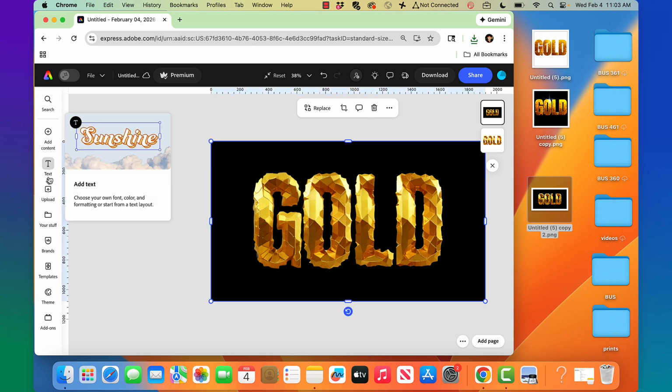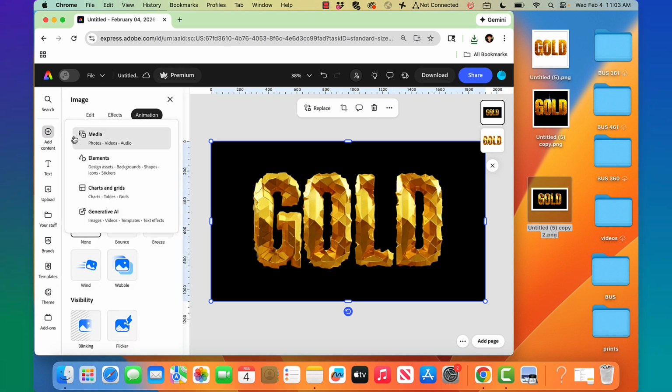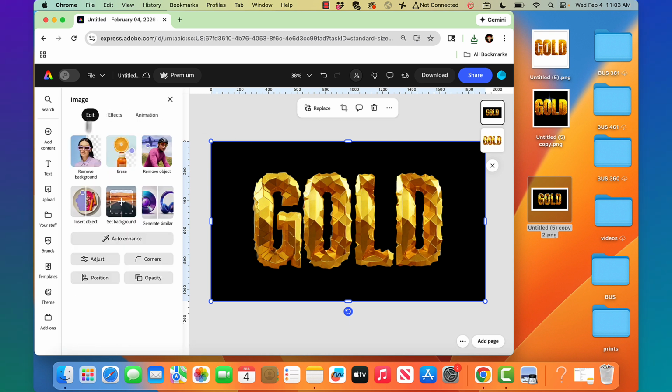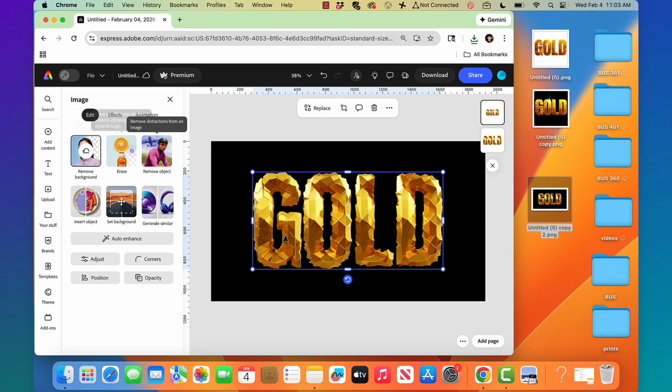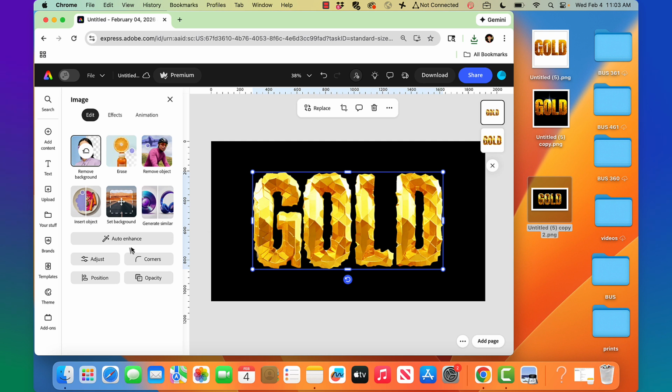I'm going to remove the background just so I don't have any problems or issues. So remove background under image, edit, remove background. And then here's where you can kind of brighten it up, right? So there's got some dark spots, just depends what you want, right? So if you go to screen blend mode, it really brightens it up. And so the problem is though, if you do this, it becomes a little more yellowy, right? So you might also want to go into adjust. If you don't want a color shift, then you can come in and